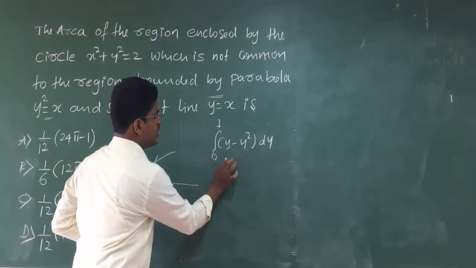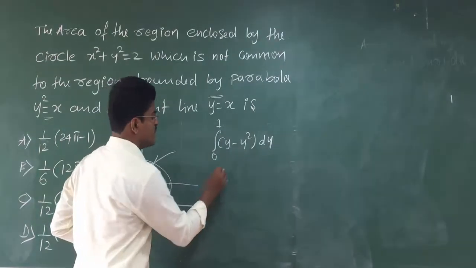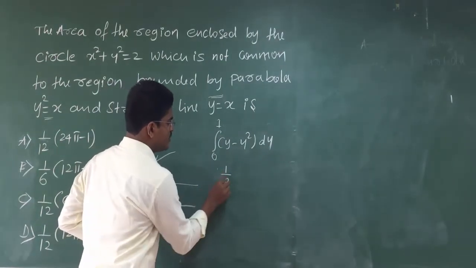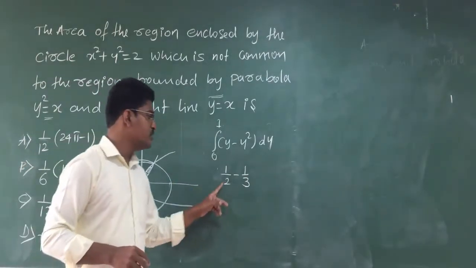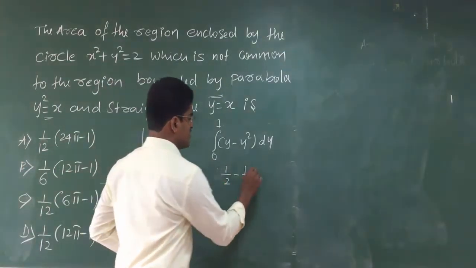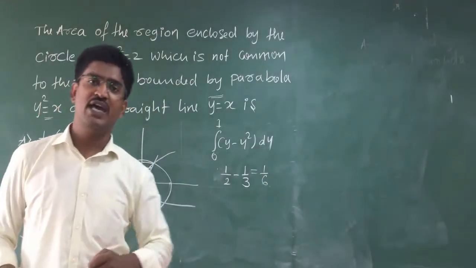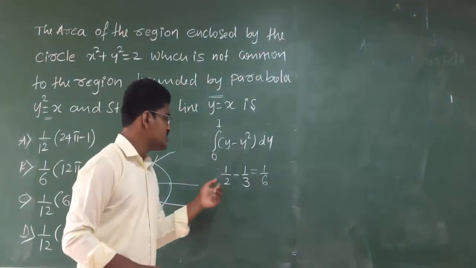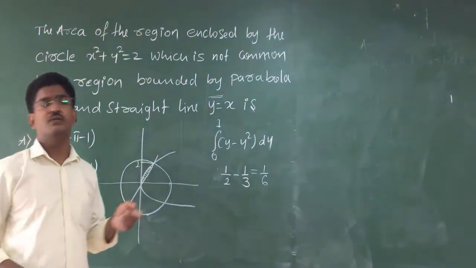This is y square by 2, this is y cube by 3, upper limit is 1, lower limit is 0, so that will be 1 by 2 minus 1 by 3. If I simplify this, you will get 1 by 6. Clear? Because 1 by 6 will be the area which is common to the parabola and the straight line,